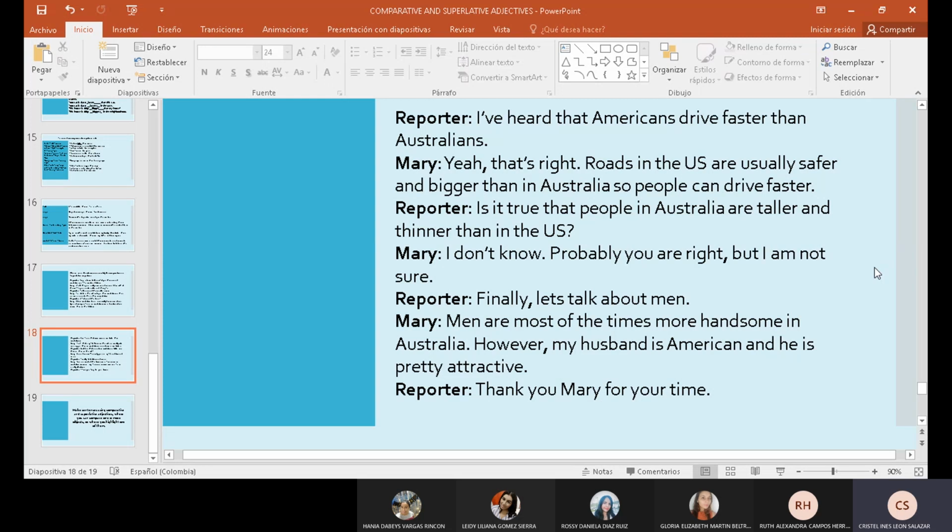I've heard that Americans drive faster than Australians. Yeah, that's right. Roads in the US are usually safer and bigger than in Australia, so people can drive faster. Is it true that people in Australia are taller and thinner than in the